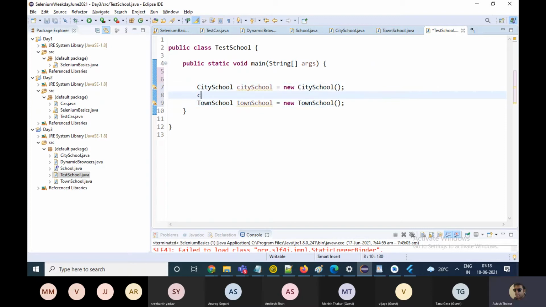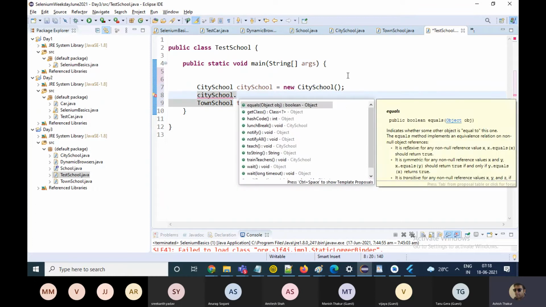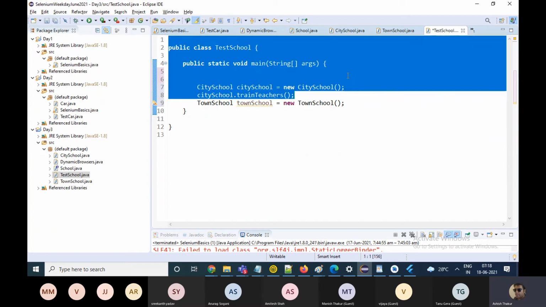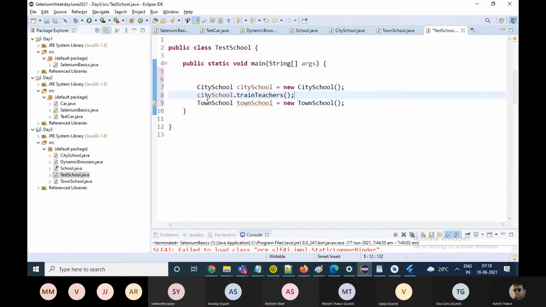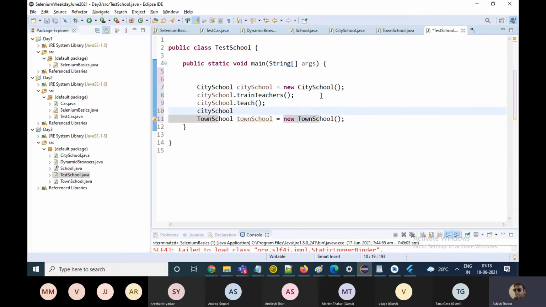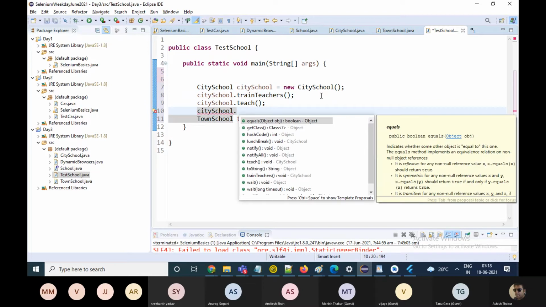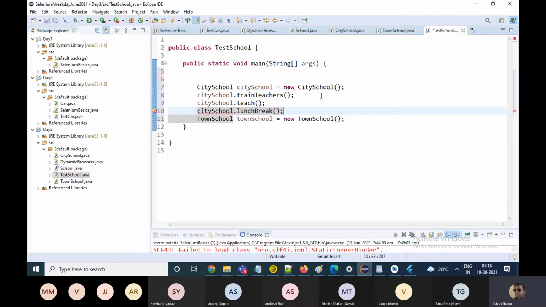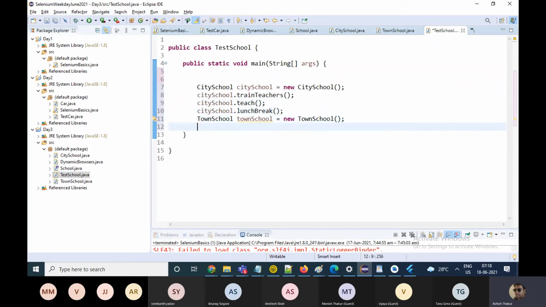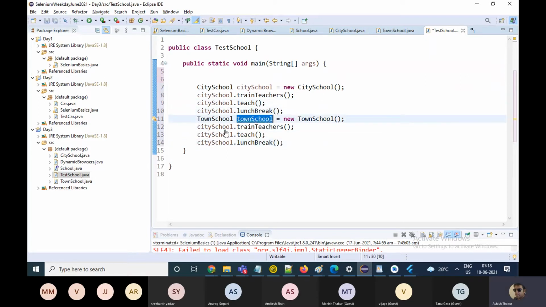With city school class, you can of course refer the functions of city school like train teachers, teach, lunch break, and with town school class, you can call the functions of town school.